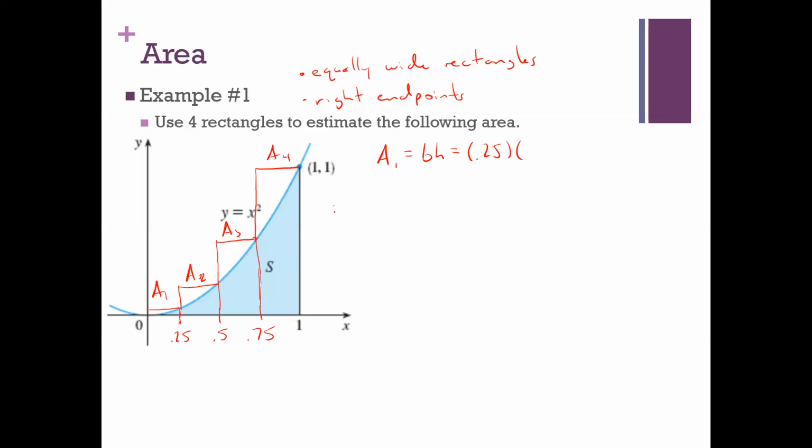So how do we find the width of our entire interval? Okay. So right end 1, left end 0, dividing that by 4, you get 0.25. So I believe that our first one would be 0.25 times 0.25 squared, right? Which is going to come out to,